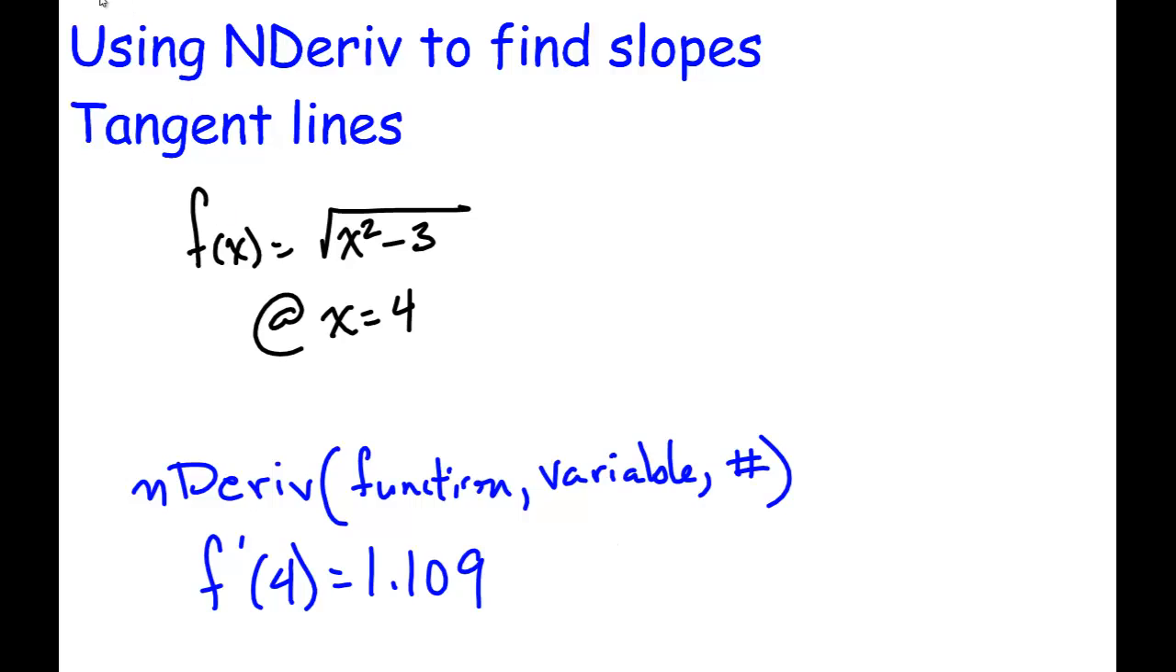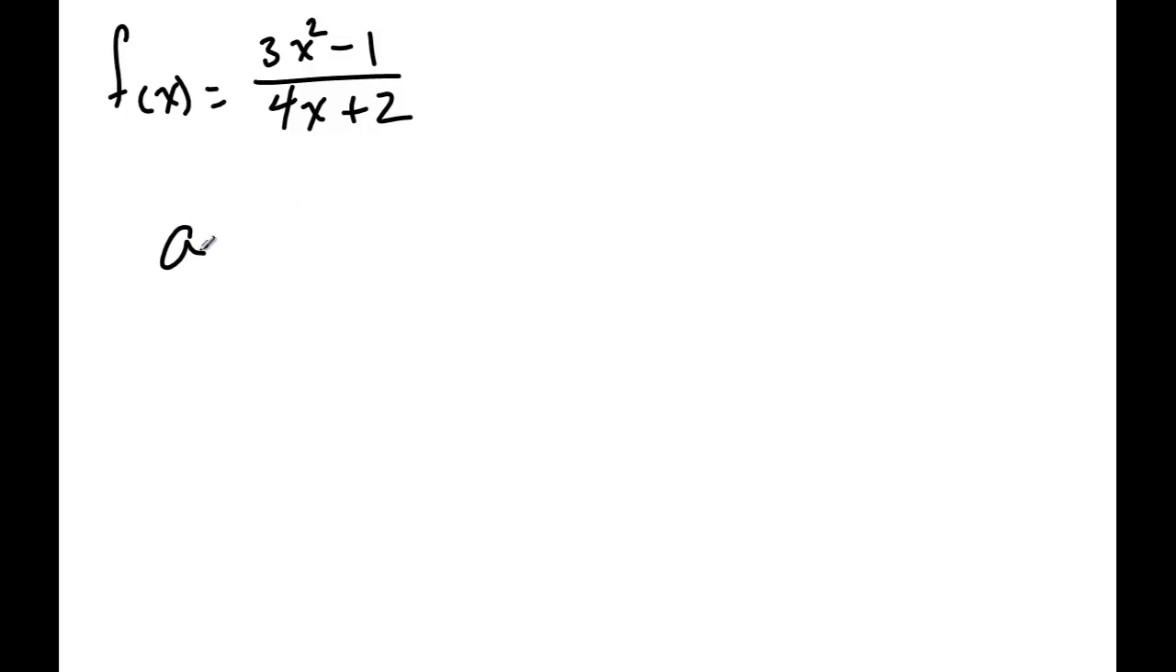Okay, let's do one more quick example. Let's say we have f of x equals 3x squared minus 1 over 4x plus 2. Obviously we have fractions, and we have to deal with that. So I'm going to find our slope at x equals -2. Okay? So we go back to our calculator,